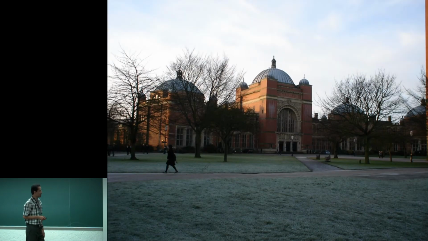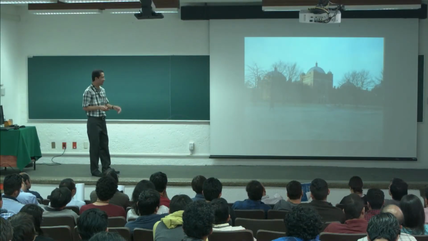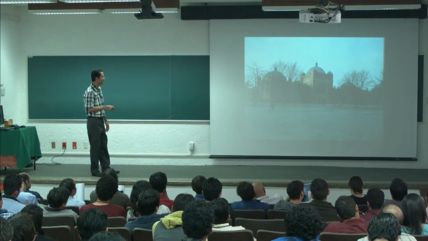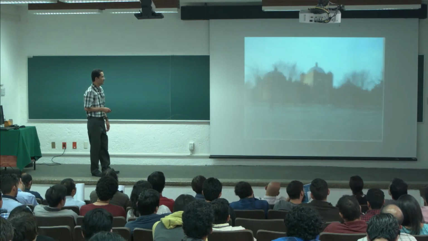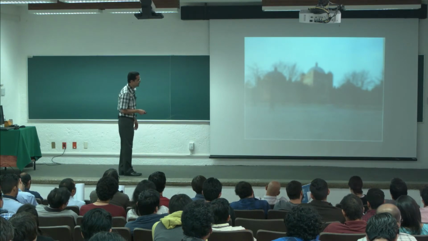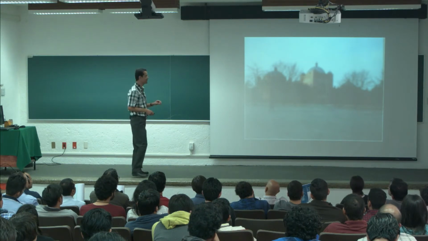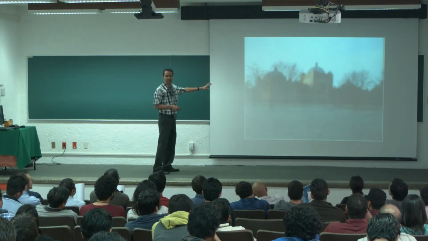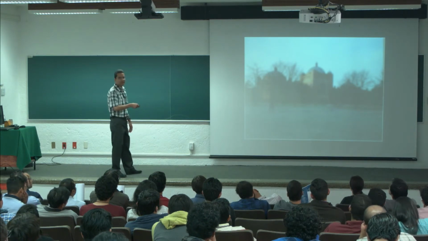So for example, let's see an example. This image is in high resolution, right? You can see all the details, it's very sharp. So the problem is that we actually see like this. There is a very small part here which is in high resolution. That's how we actually see, okay? So all the periphery is blurred, and just this small part is in high resolution.